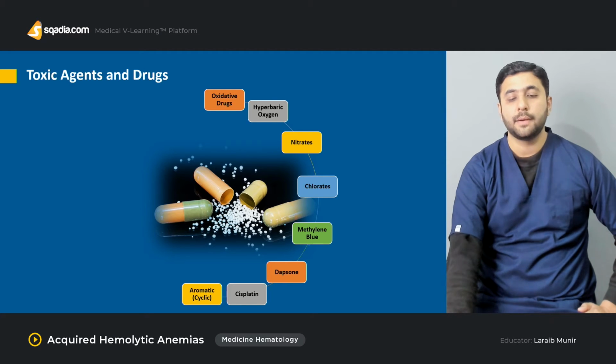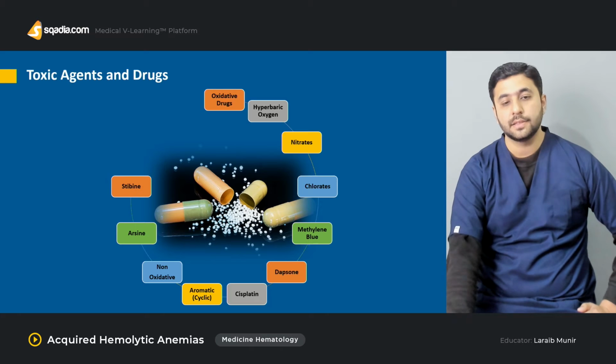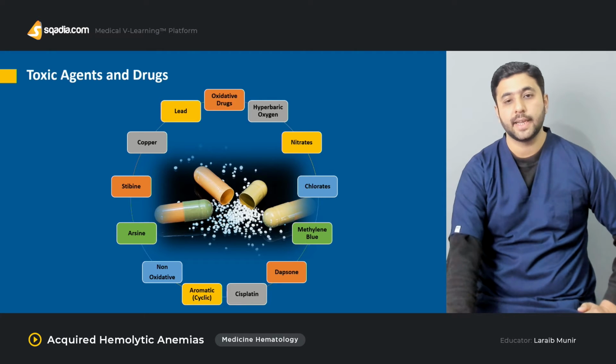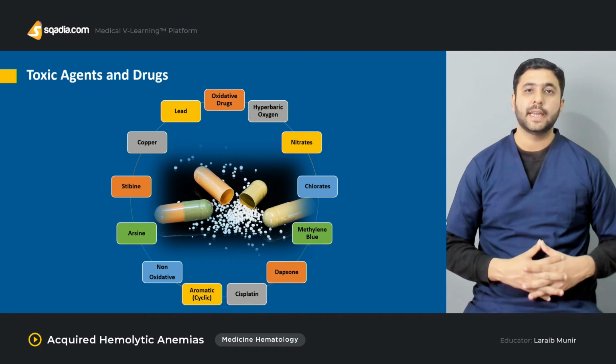And certain aromatic cyclic hydrocarbons have also been reported to cause damage to the RBCs. Now let's talk about certain non-oxidative types like arsine, stibine, and copper. These are basically the heavy metals that have been reported to be toxic to the RBCs, leading to hemolytic anemia. Lead has also been historically reported to be a part of a syndrome leading to hemolytic anemia, and lead